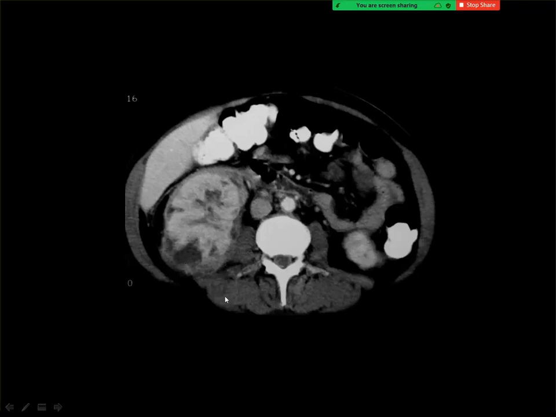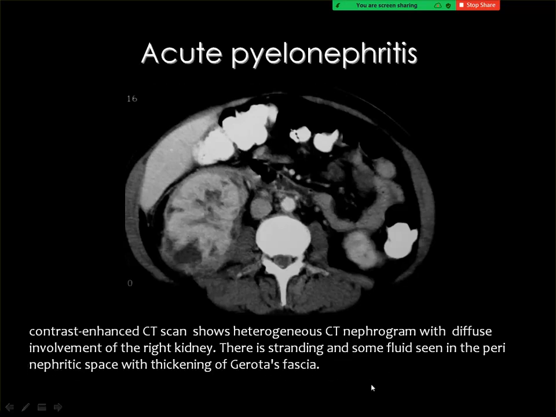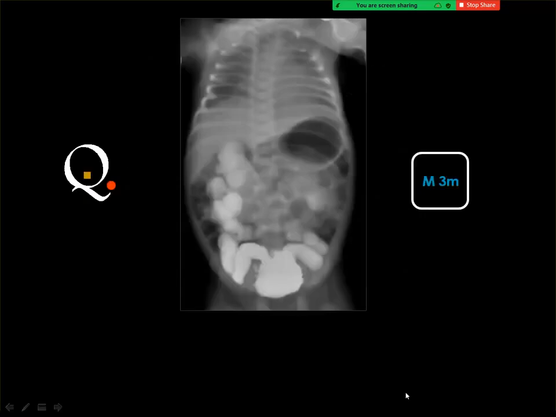Renal cell carcinoma is diagnosed by the presence of a focal mass in the kidney, maybe projecting outside the kidney. But in this condition, the kidney itself is swollen and the function is relatively poor. You have multiple areas of collections within the renal parenchyma, and you see stranding of the perinephric fat. All these findings are supportive of the diagnosis of acute pyelonephritis. I hope that if this case is present in clinical practice or in the exam, you will write the